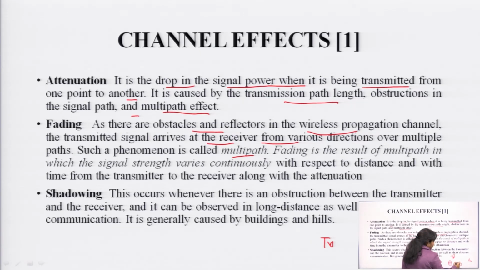These two are static in nature, this is moving in nature. So, let us say a signal will be transmitted, it is going to impinge on this signal, this one and this one. So, you can see some of the signal will be received from here, some of the signal will be received from here, some. So, you have to add these 4 different signals, because at the transmitter you have transmitted only